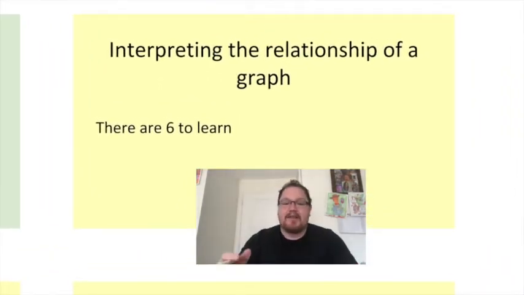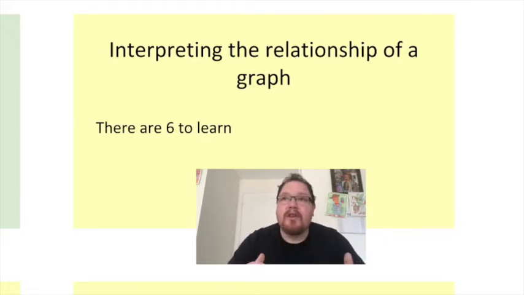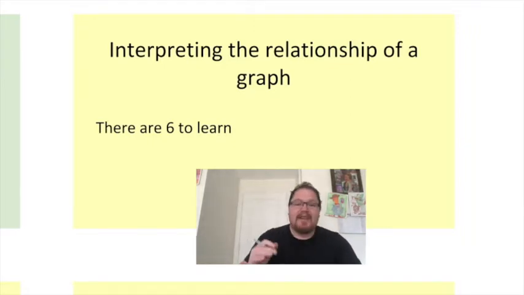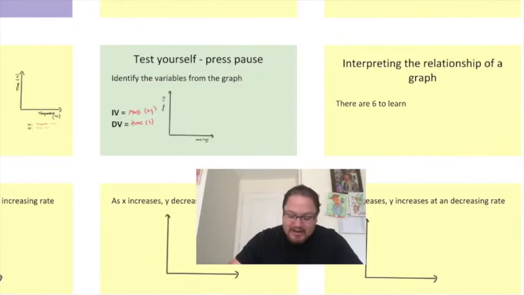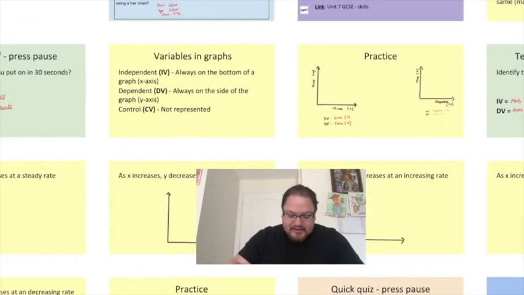There's six relationships to learn. So what have we done? We've done a bit of a recap on variables. We know how to identify now different variables on graphs. But now comes the real lesson, interpreting the relationships. So what type of relationship have these graphs got? There's six to learn, and again, you need to know them. So the first one,